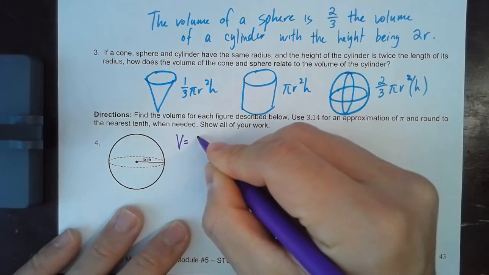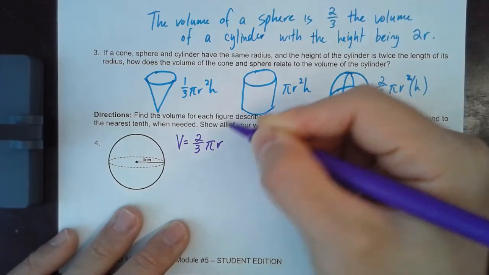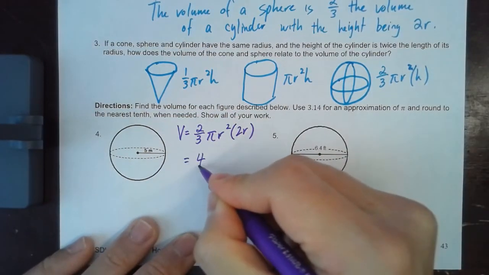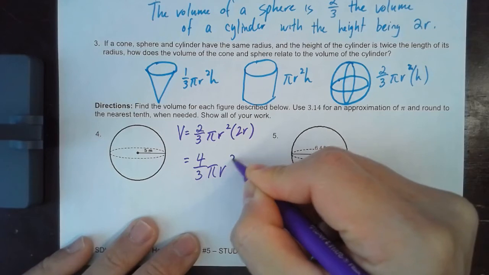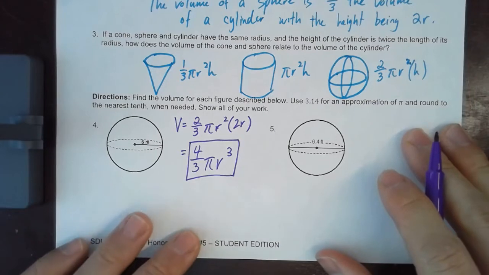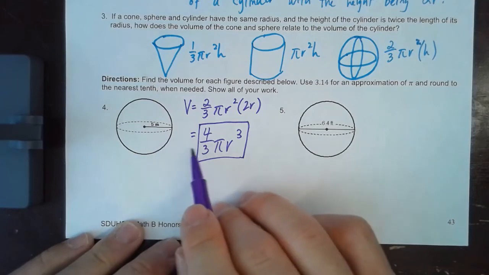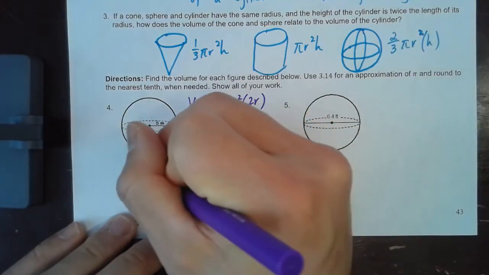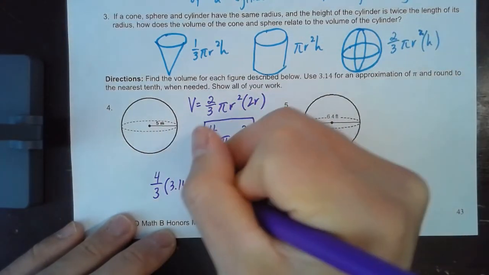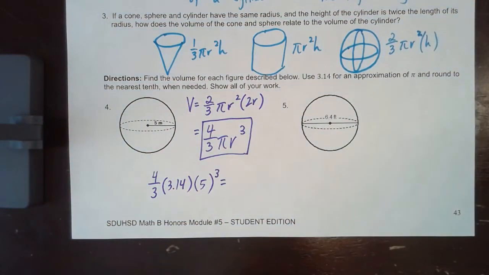But what I really want you to know is I want you to remember that this is the formula for the volume of a sphere, which simplifies to 4/3 pi r cubed. That's the formula that you have to remember. Okay, 4/3 pi r cubed. Once you know that, plugging in the formula for something like number 4 is decently easy. All you have to do is go 4/3 times 3.14. That's what you should type into the calculator, times 5 cubed, which is going to equal,